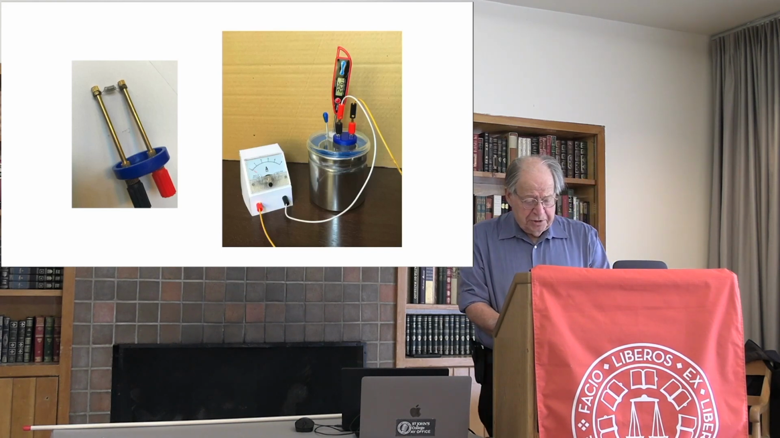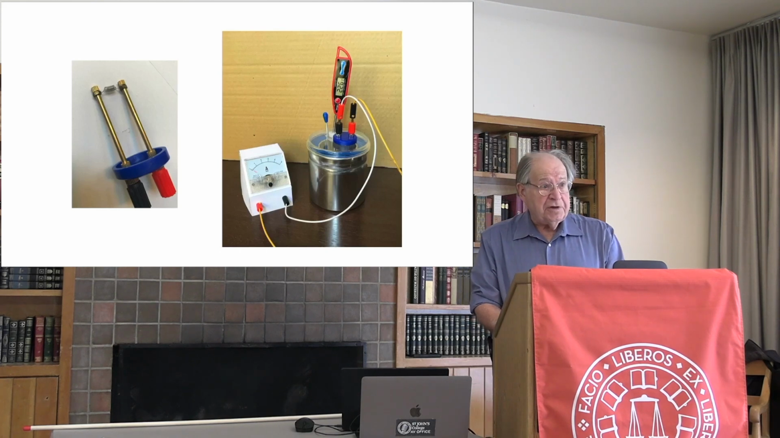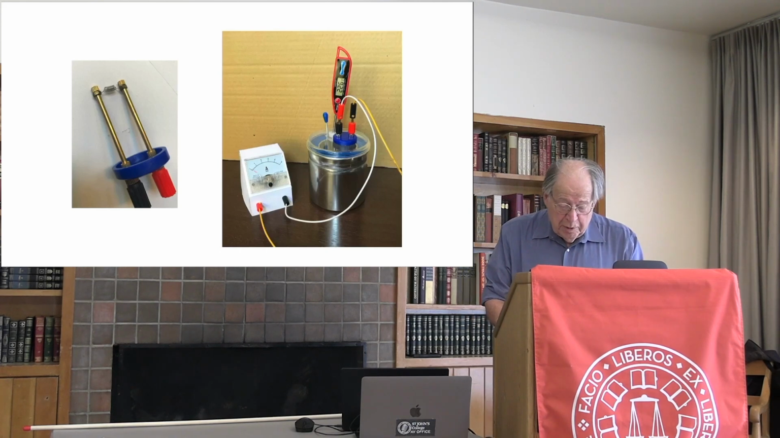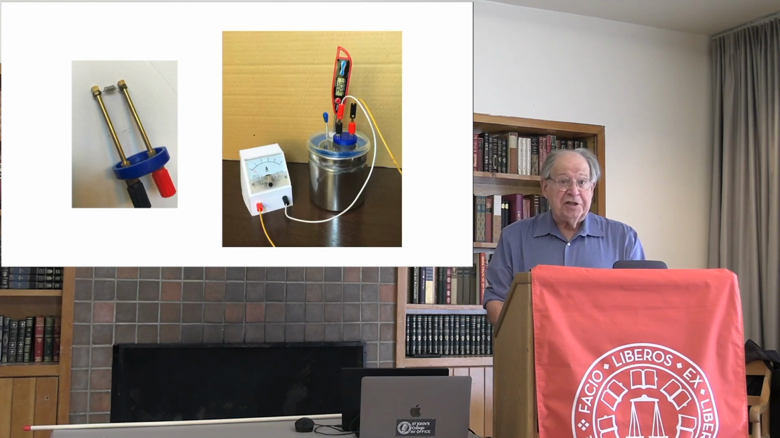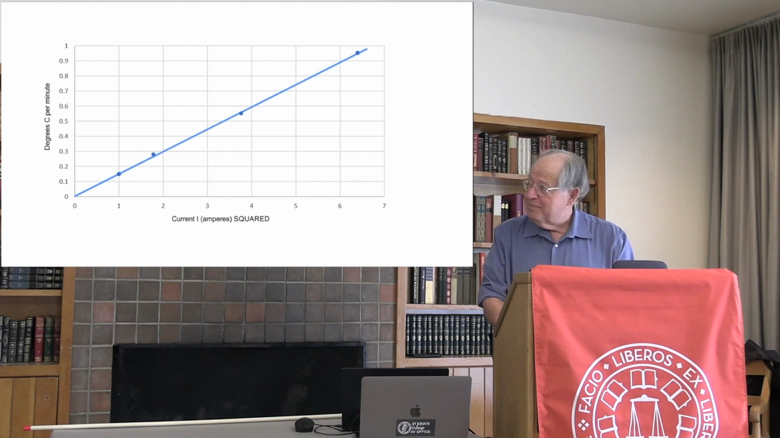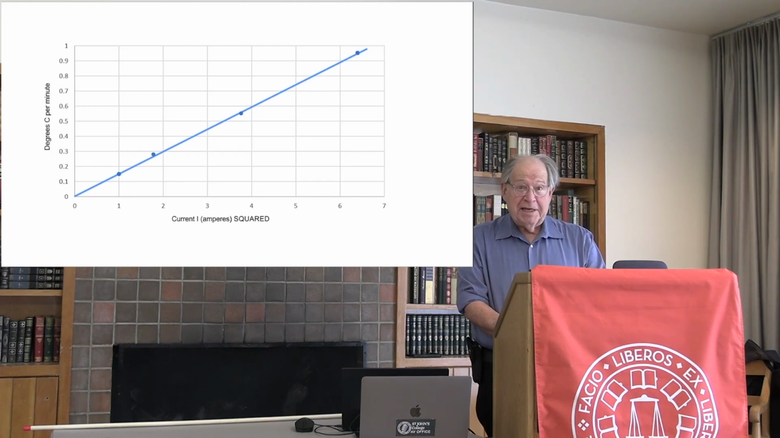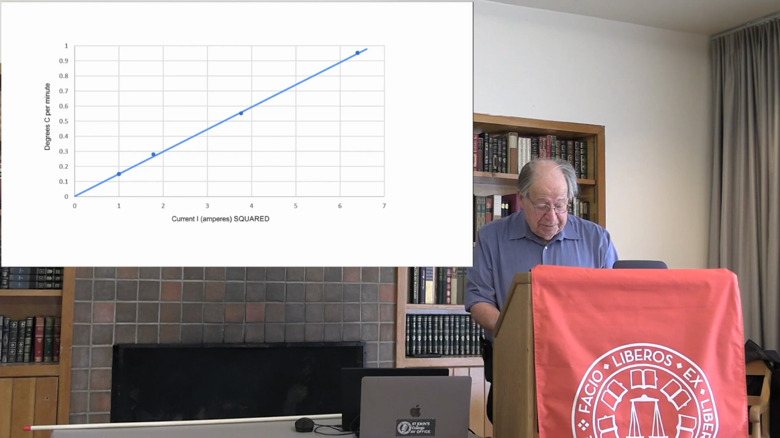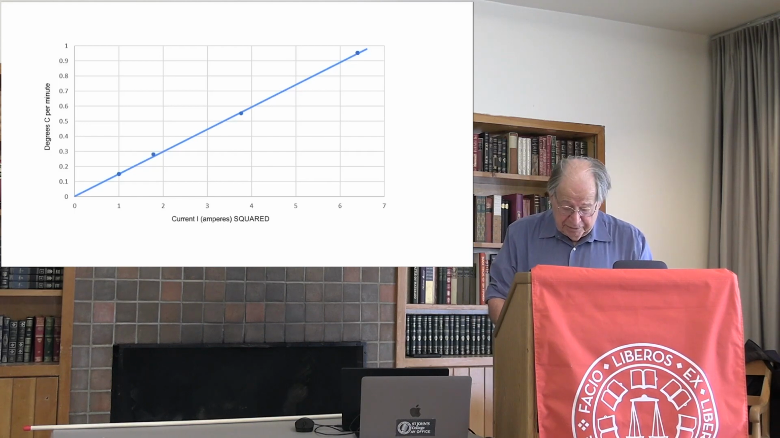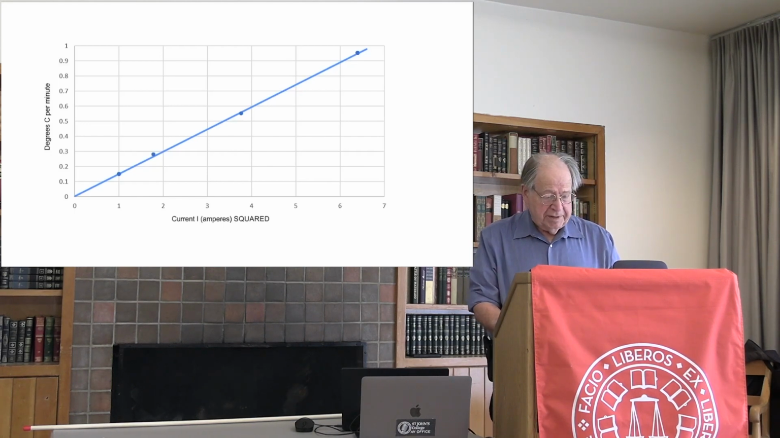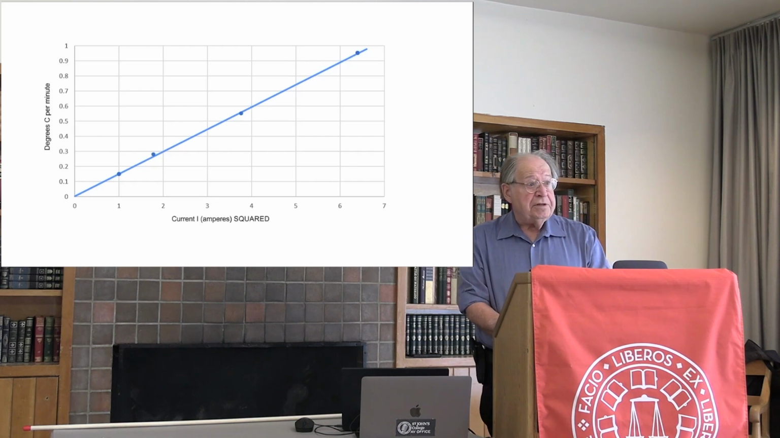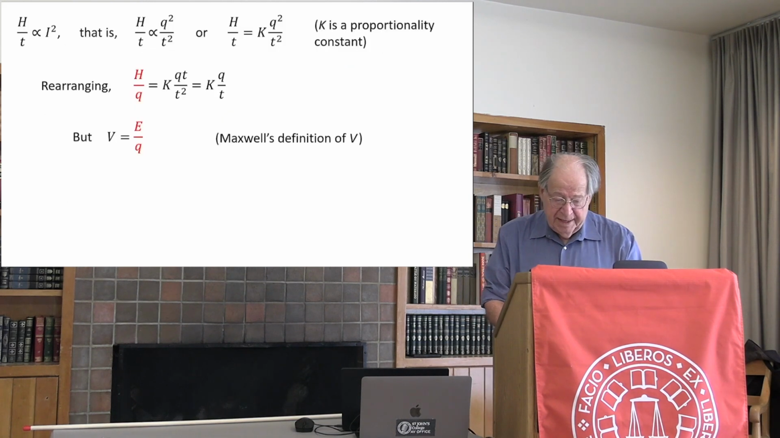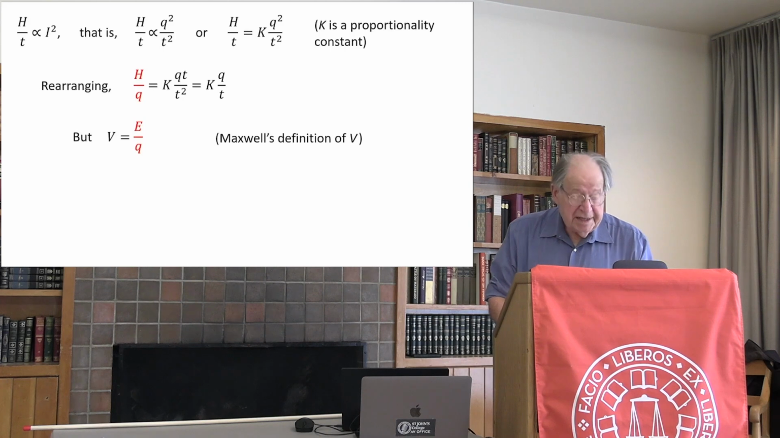We measure the temperature rise produced during the time of current flow. And look what happens when we graph the rate of temperature rise against the square of the current. We obtain a straight line, showing that the heat produced per unit time is proportional to the square of the current. Expressing these results algebraically, if H is the heat produced in time t, H over t is proportional to I squared,